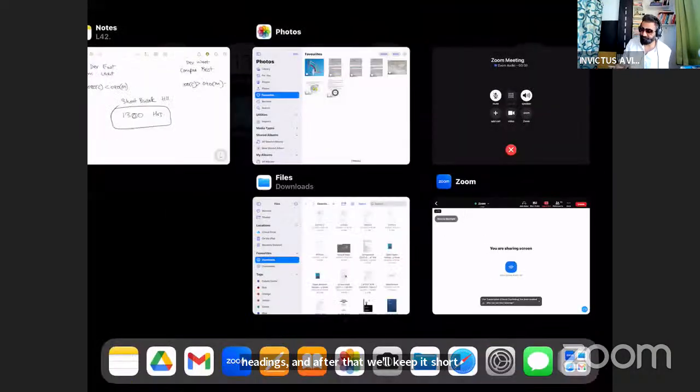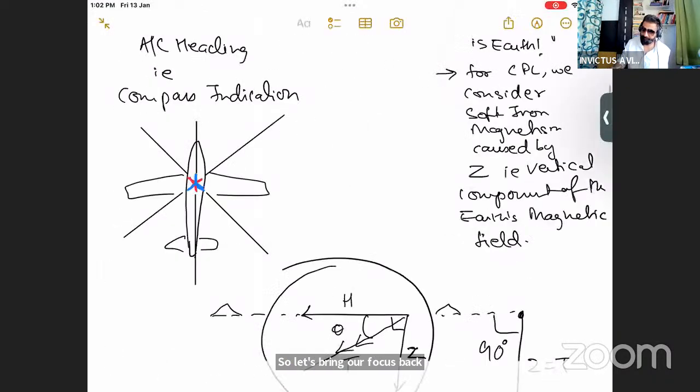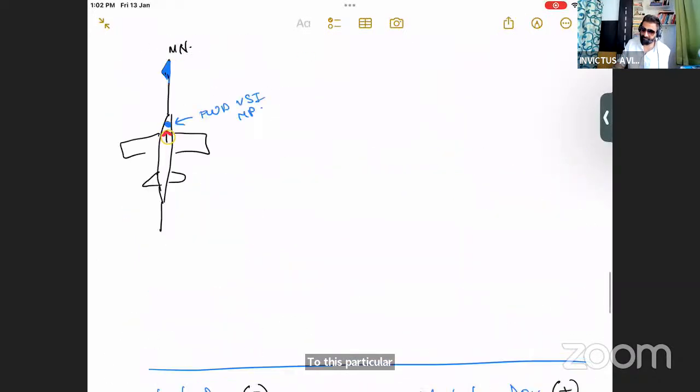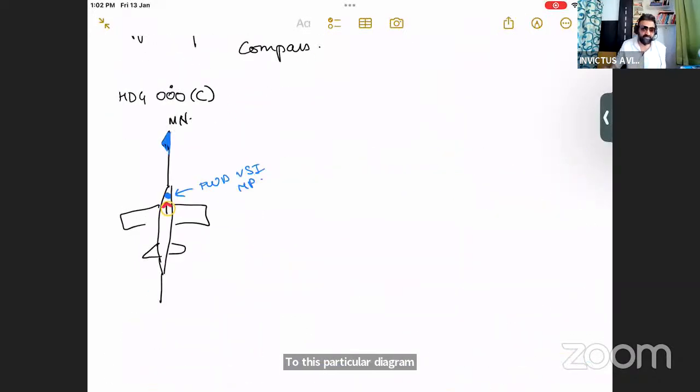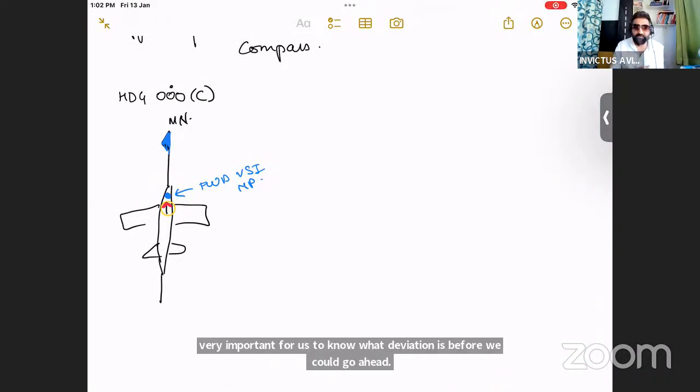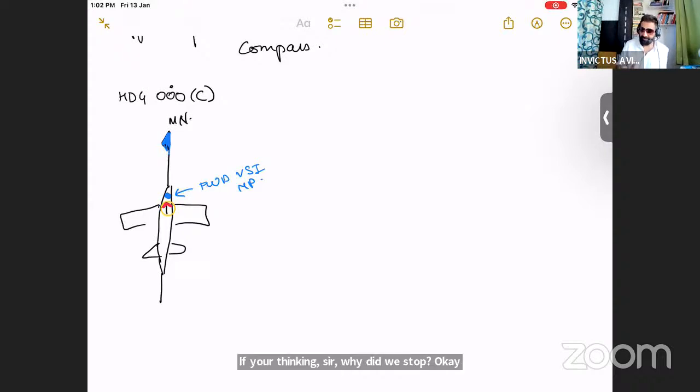So let's bring our focus back to this particular diagram and write down the same on our different headings. It was very important for us to know what deviation is before we could go ahead. If you're thinking, sir, why did we stop? Okay. So heading north,